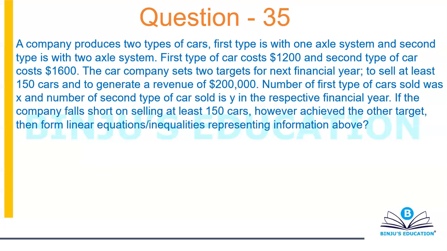All right, let's give this one a try. A company produces two types of cars. First type is with one axle system, second type is with two axle system. First type of car costs $1,200. Okay, so the first type will cost you $1,200, and the second type